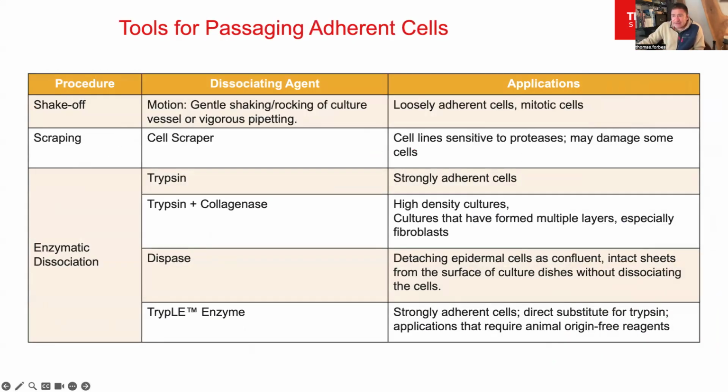Just briefly, and I thought this would be a nice point of reference to have, I've listed a couple of tools here for passaging adherent cells. Things like gentle shaking, scraping, enzymatic dissociation. Obviously, all of these have their merits as far as different applications go, and the different dissociating reagents that you would employ along the lines for each. Again, I know we talked briefly on the notion of suspension culture,